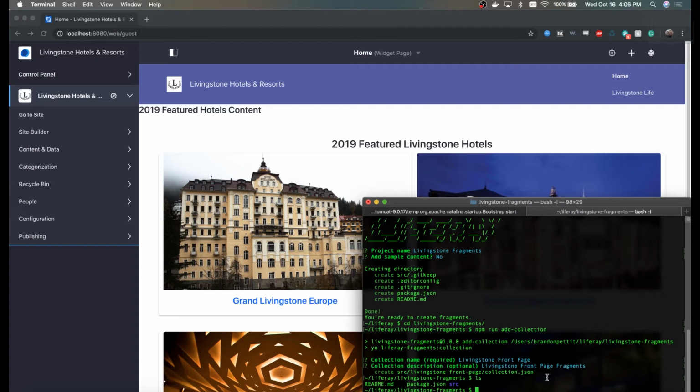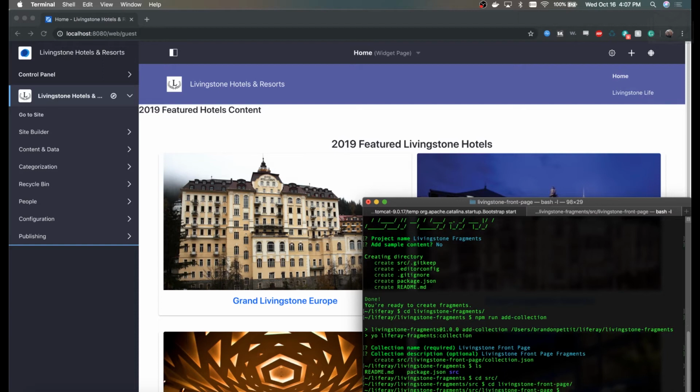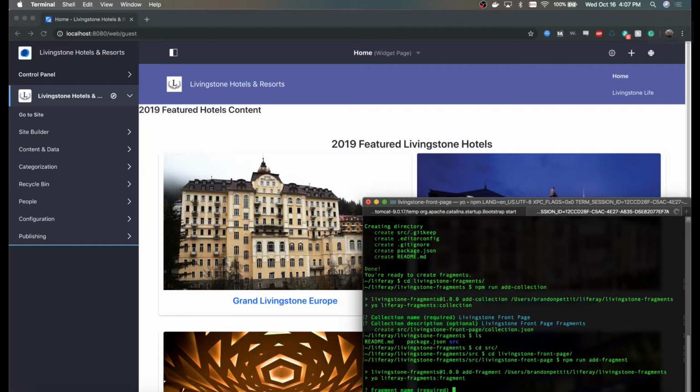We need to go to source, and then we can go ahead and go to our new Livingston Front Page collection. Let's navigate to the source folder, and then to the Livingston Front Page collection. So here we want to run npm run add-fragment. I'm going to need to put in a fragment name here. I'm going to go ahead and name this